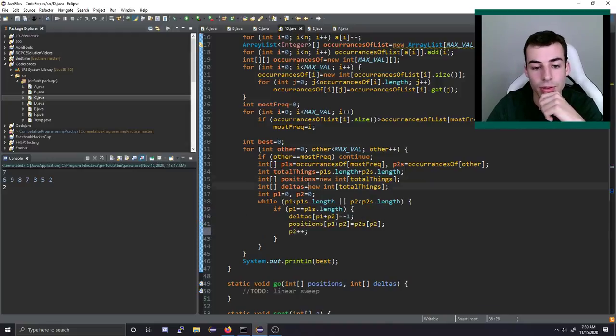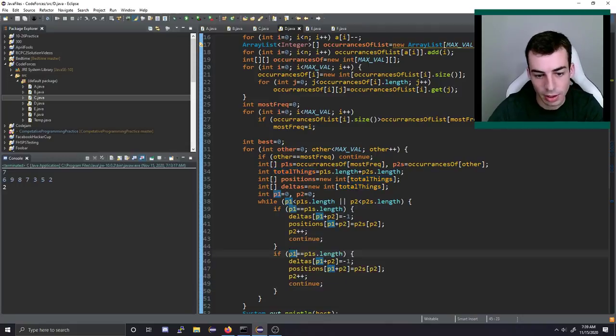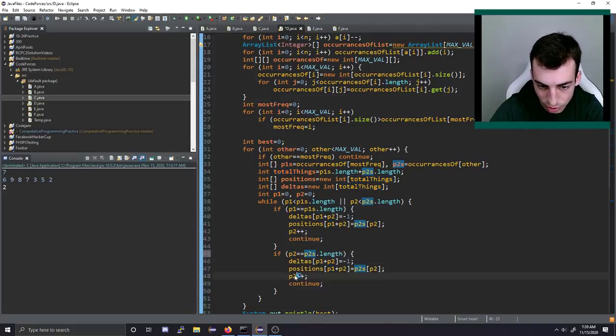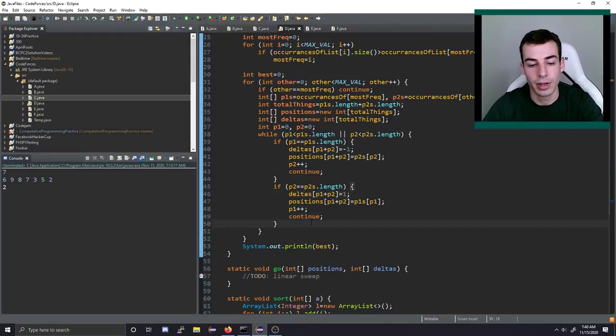Anything else? I think that's all. Continue. If p2 is equal to p2's dot length, then we increment p1 and assign a p1 here. Make this a 1. Okay, otherwise,